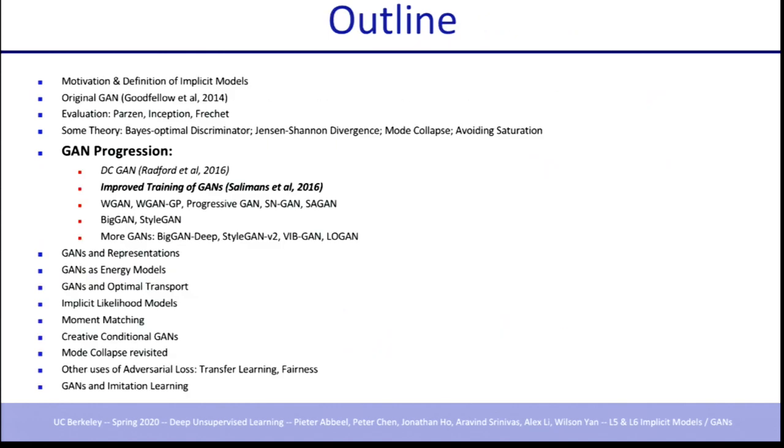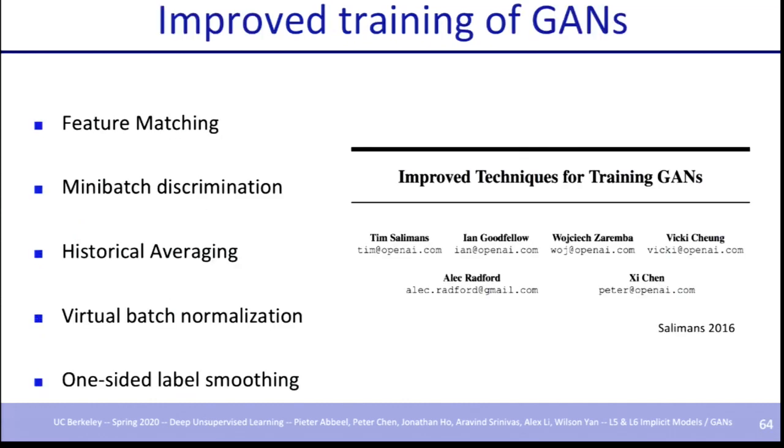So given all these negatives, the next paper that was pretty significant in GANs was to address some of these negatives and propose fixes. Just like DCGAN, it was also another set of principled and heuristic hacks to make GAN training even better. And that is this paper called Improved Techniques for Training GANs. It was written by Tim Salimans and collaborators from OpenAI. And one of the authors in this paper is Pieter Abbeel, one of the instructors, or he was one of the originators of this class too.